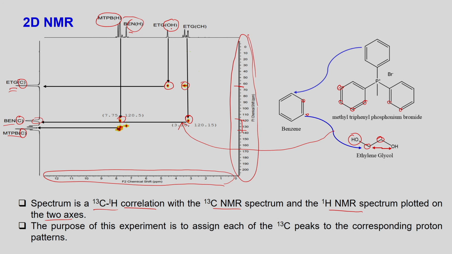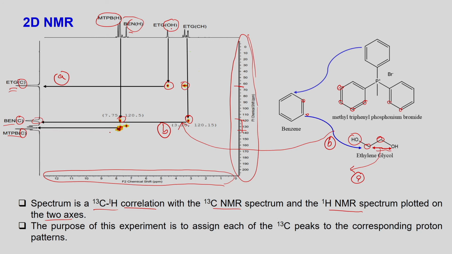Now, another one is the ethylene OH group. The hydrogen atom of the OH group of ethylene glycol is actually interacting with the carbon C13 nuclei of its own group. So, it is intramolecular, and it is shown up in the red portion. So, if I represent this as A here, this one, and this as B here, we are representing B here.